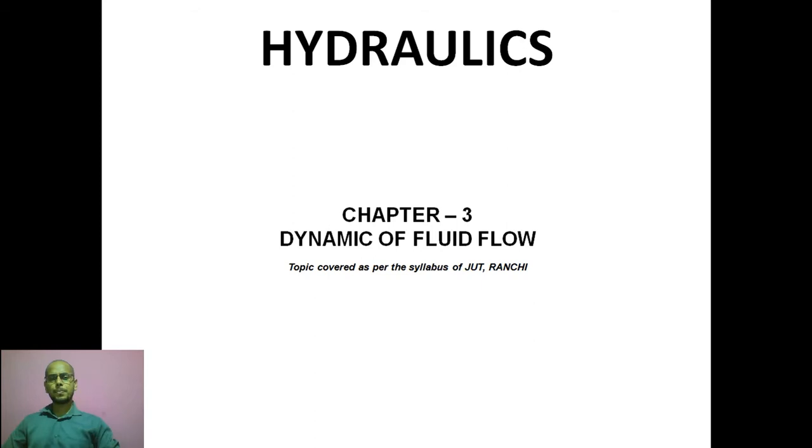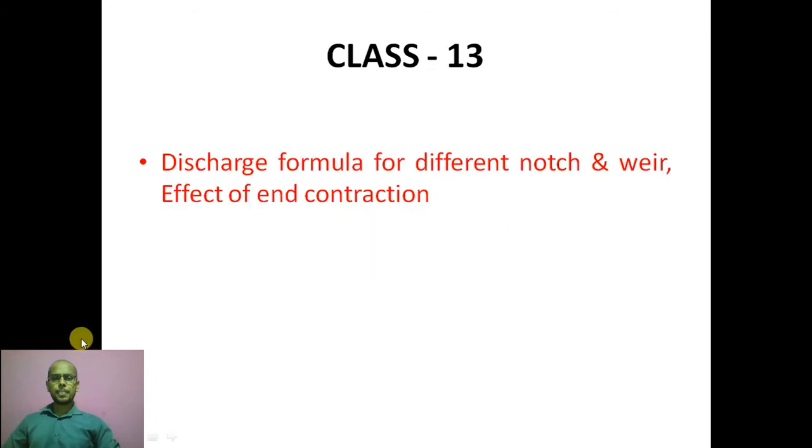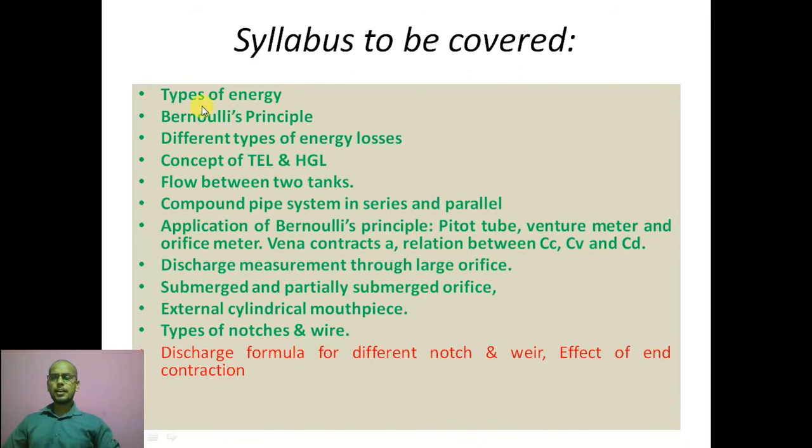We have already covered 12 lectures in this series, and in the last 12 lectures we have studied Bernoulli's equation, different types of energy, the continuity equation, different types of energy losses, major losses, minor losses, TEL, HEL, flow between two tanks, parallel pipe system, series pipe system, application of Bernoulli's principle, that is pitot tube, venturi meter and orifice meter, concept of vena contracta, relation between CV, CC and CD, discharge measurement through large orifice, mouthpiece, weir, notches, different